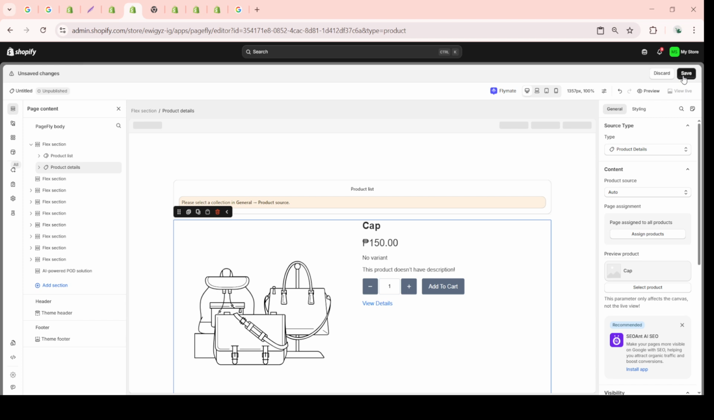And there you have it. With these steps, you've successfully assigned a Pagefly product page design to all of your product pages. This technique not only enhances the appearance of your site, but also improves the shopping